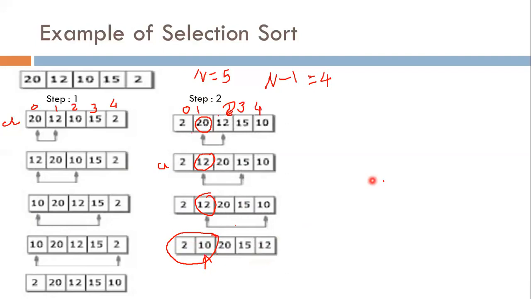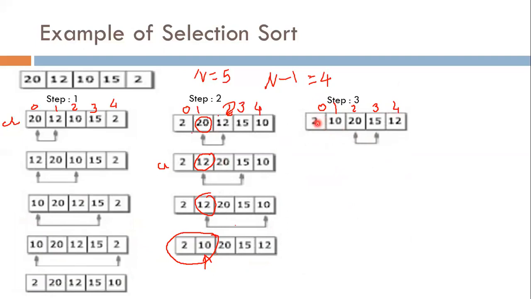Okay, now step number 3. In step number 3, I start with the third element. So again I write here index numbers 0, 1, 2, 3 and 4.